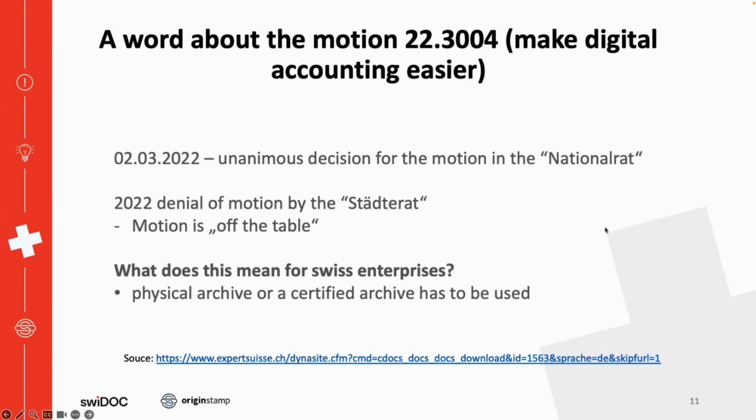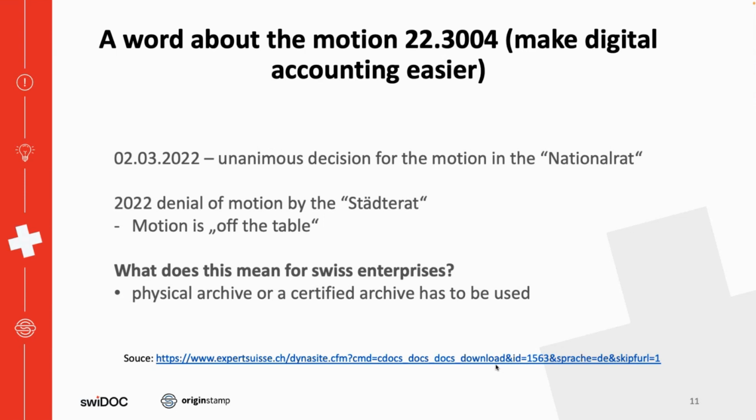Also, if you look at the source from Expert Swiss, from the report last year, you can read in there that the original law requirements from the GeBüV from 2002 are still active and still relevant. So they are not removed or anything.